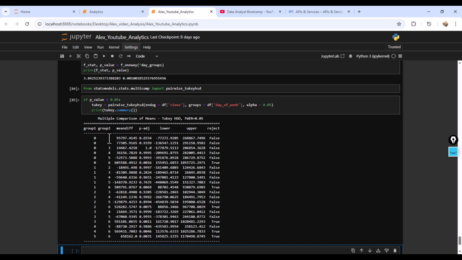After comparing it, it returns false, meaning whether Alex uploaded his videos on Monday or Tuesday, it doesn't have any relationship with the level of engagement to that video. Likewise, it also compares 0 and 2, 0 and 3. All these days don't have any statistical significance. However, when you look at 0 and 6 over here,